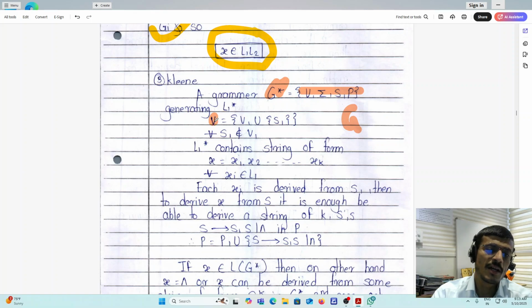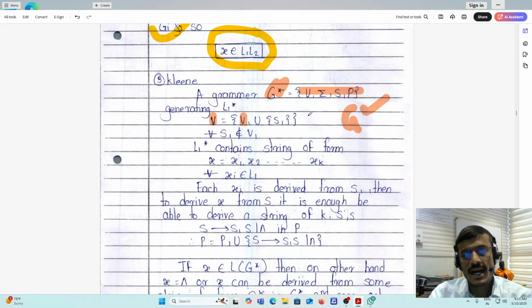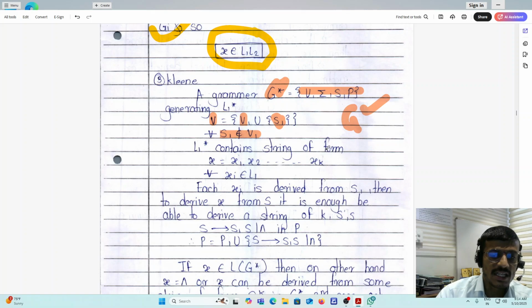So V is nothing but all the non-terminal symbols. So V is the non-terminal symbols from the existing G, union S1. It is possible that after performing the clean operation, S1 will be the new starting symbol. So that's why phi union S1. And what they have mentioned is that S1 does not belong to V1. So L1 star contains strings from